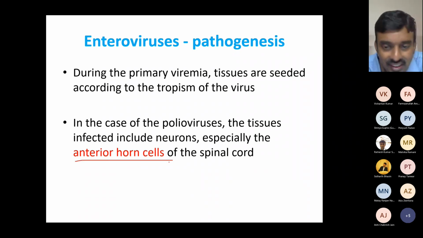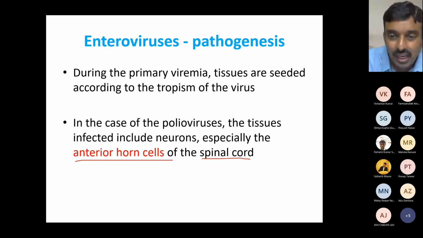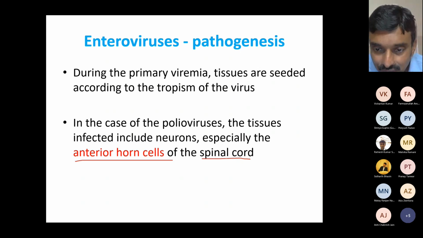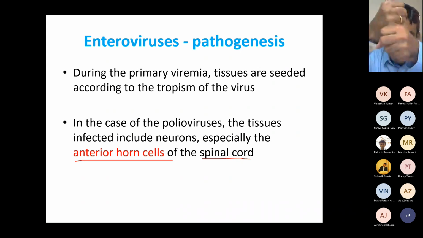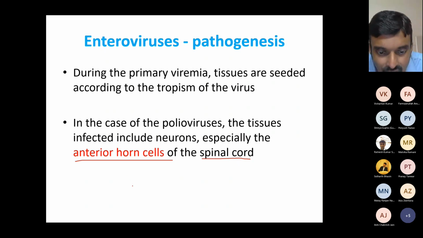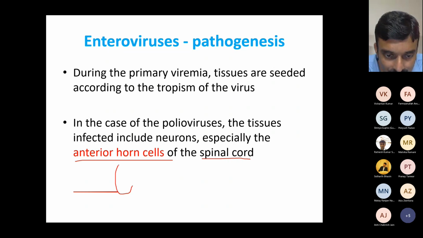Now, what are the anterior horn cells? They are cells of the spinal cord. All of you know the spinal cord, right? It is how the nerves go from the brain along inside the vertebrae of the backbone. There is a bunch of nerves that go through the vertebrae, and that's called the spinal cord, and all of you know this. Now, I'll tell you a little bit more about the spinal cord that many of you may not know.